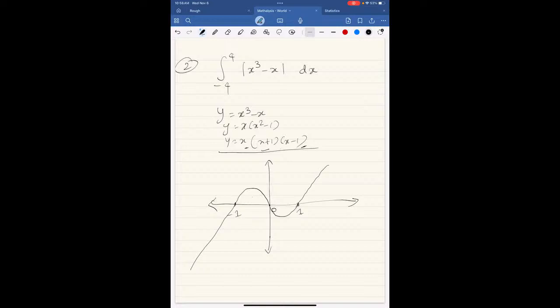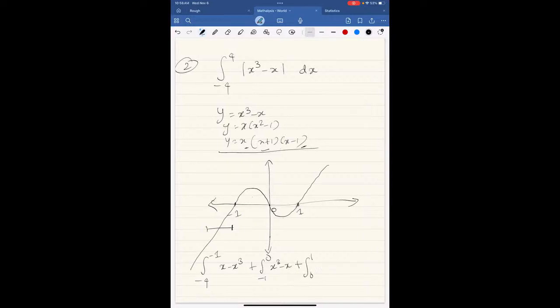And now the graph of the modulus. How will it look from -4 to 4? Sorry, not -4 to -1. From -4 to -1, we need to introduce a negative sign, right? Since the graph initially is negative. So in this range, we will just write x minus x cube. And from -1 to 0, it's already positive, so no need to do anything. And from